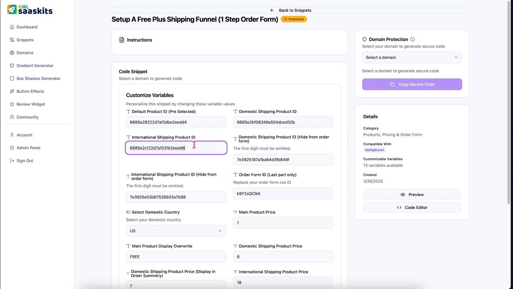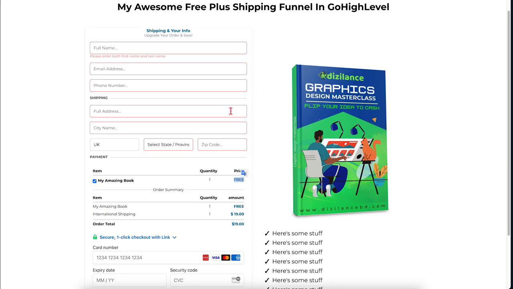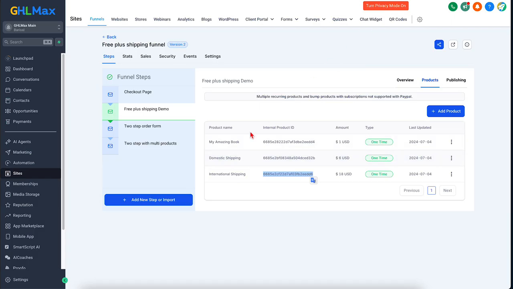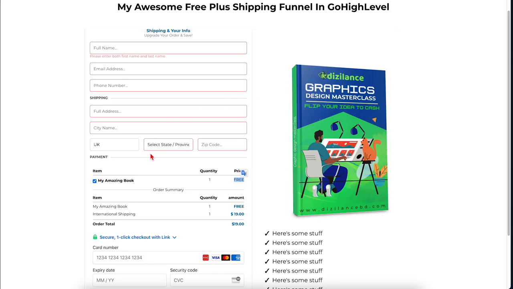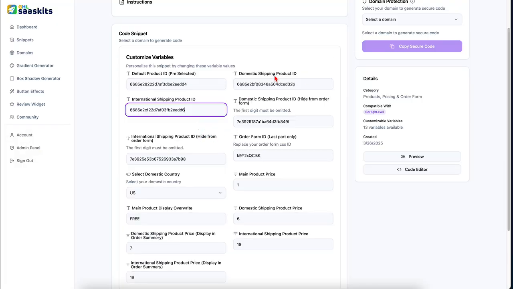Okay, and again one more thing you can see here, even though inside our GoHighLevel product we have three different products, like our main product, domestic shipping product, as well as the international shipping product, in our page, when someone visits the page, they will see only one product. So we need to hide the international shipping and domestic shipping product from the page. So that's why we need to copy the domestic shipping product ID, and paste it here, and make sure